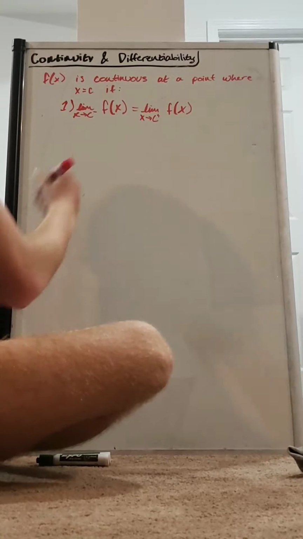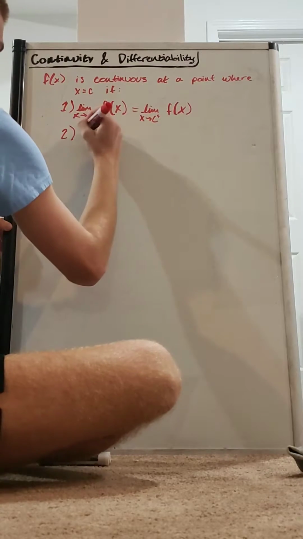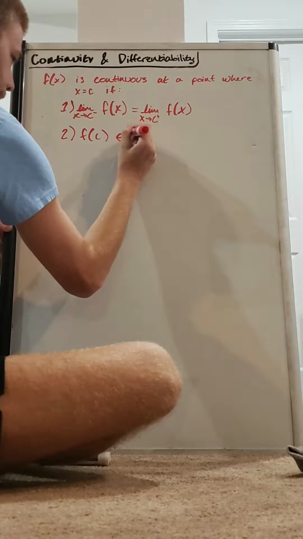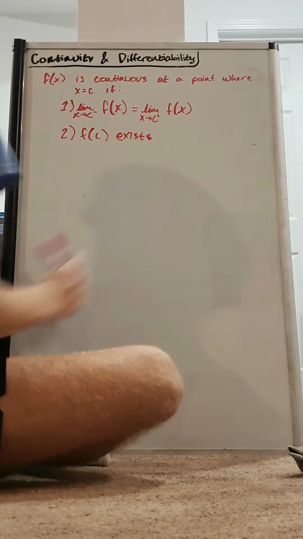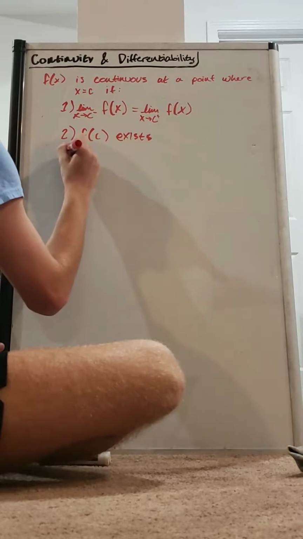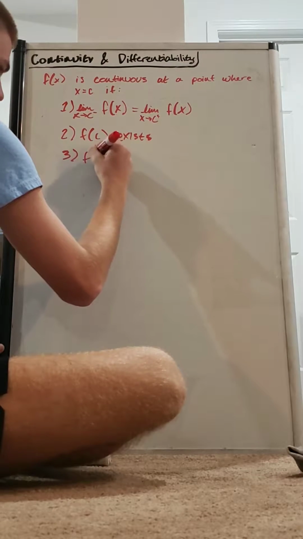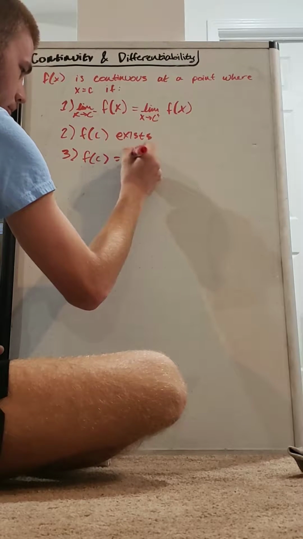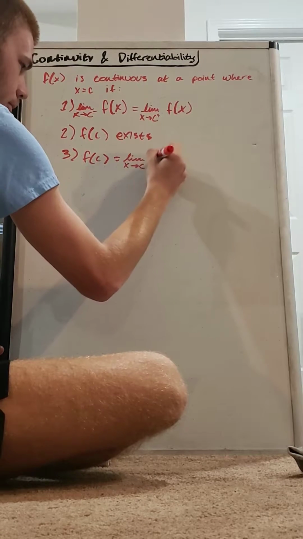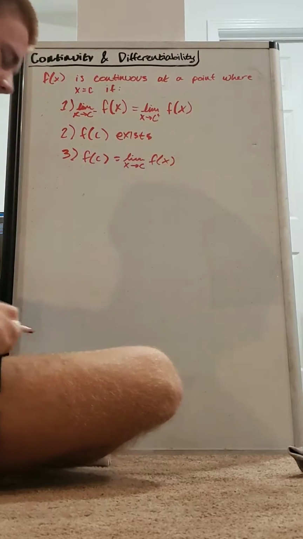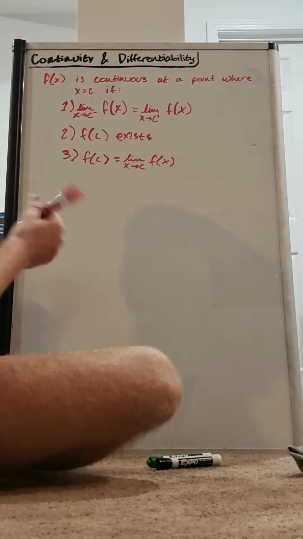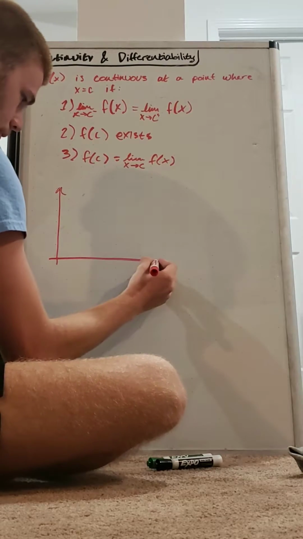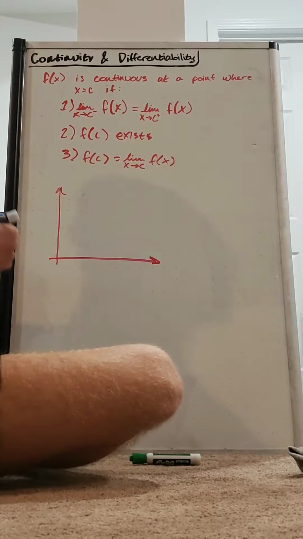And the second condition is f of c exists, right? And the third condition is f of c equals the limit as x approaches c of the function. So let's look at an example. I'll just draw a clearly continuous function